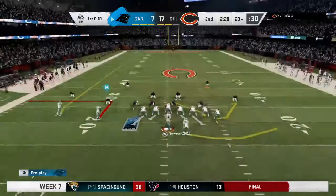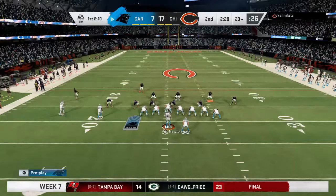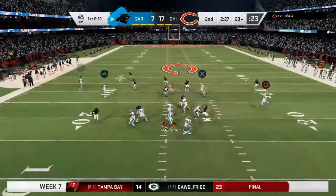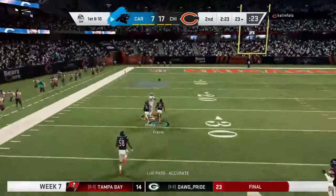And with this deficit, you can't have too many more drives like the last drive where you had to punt it away. You know what I would tell my offense right here? The punter doesn't exist, guys. He doesn't even exist. He's not a team anymore. I just cut him. All right? So you've got to go out and...